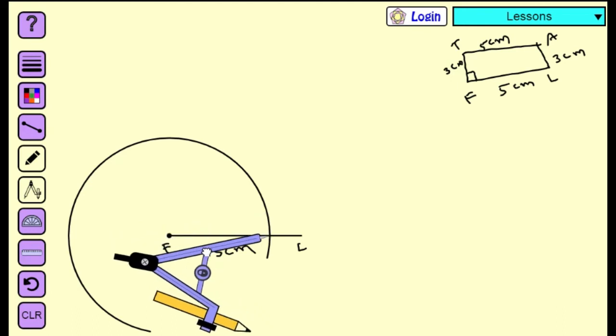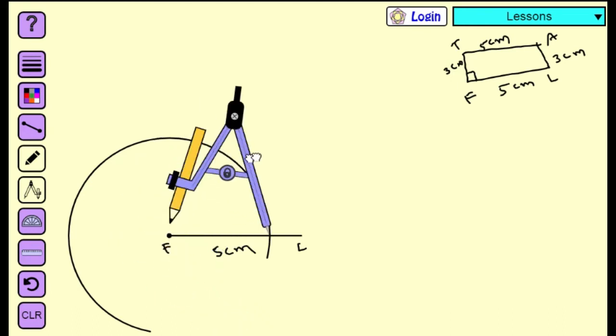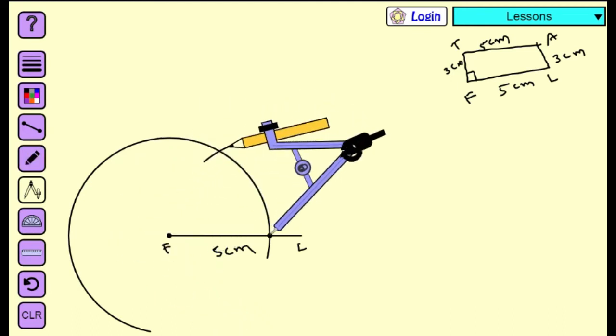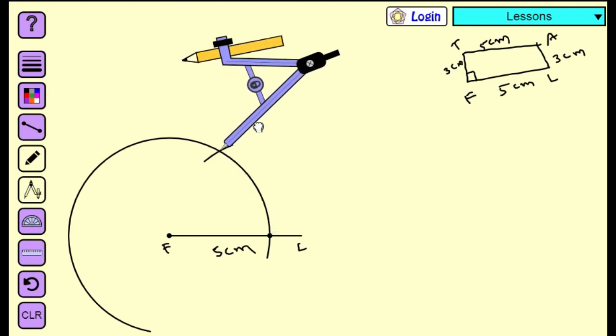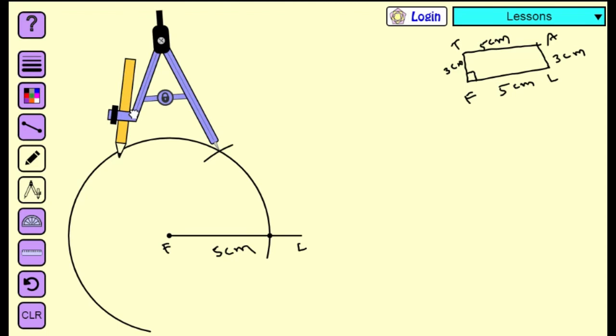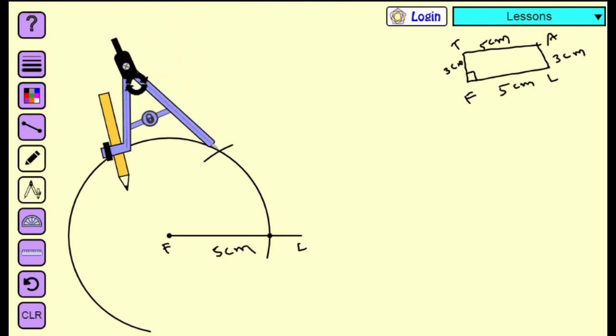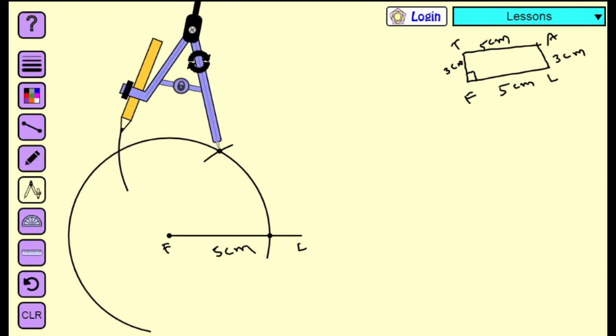Then next with the center of this point, draw an arc. We know this arc is indicating 60 degrees. Again with the point of this 60, you should draw another arc which cut the previous arc at 120 degrees. So now this point is indicating 120 degrees. Now we are going to construct the angle 90 degrees.